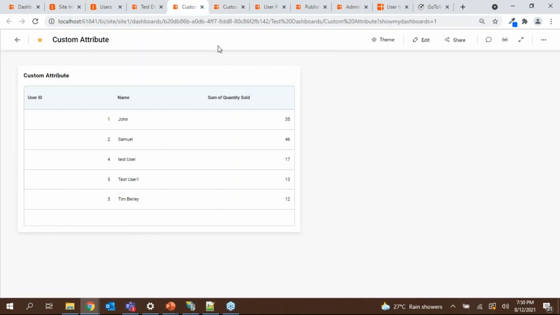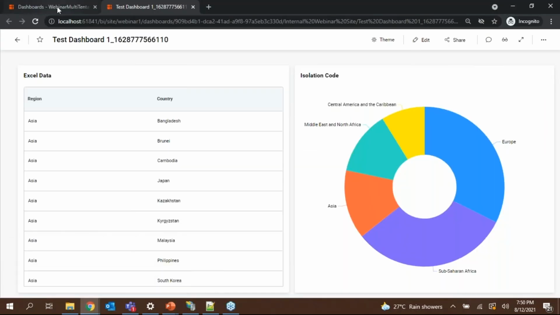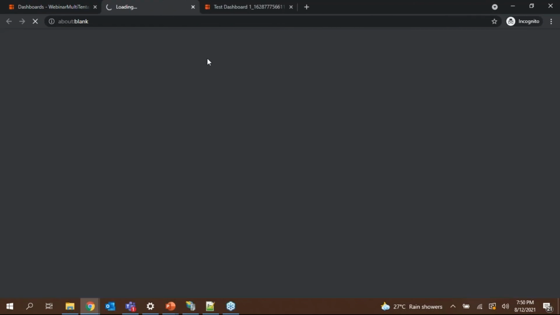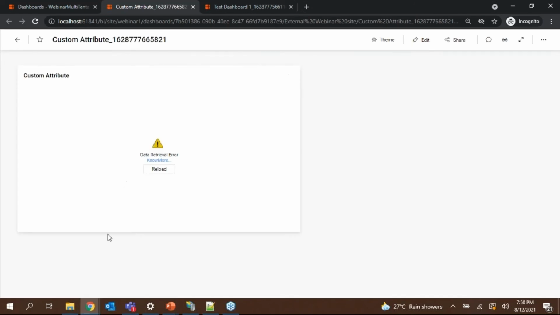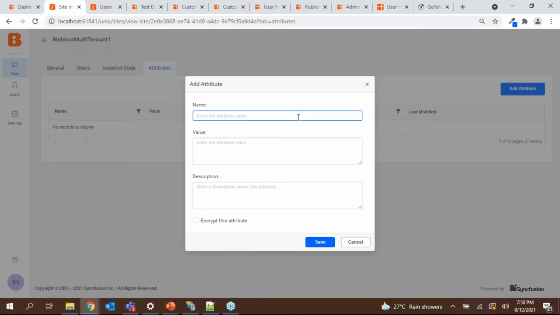So I have saved a table underscore user one to view the data. Now I have published this same dashboard to the other tenants, but I don't have any attributes. So as of now, it will try to fetch the value for that attribute. As it doesn't have one, it will be in an error state. So you can see the changes here. As of now, it is in an error state as the attribute doesn't have a value. Now we can create a new attribute and provide a value for that.